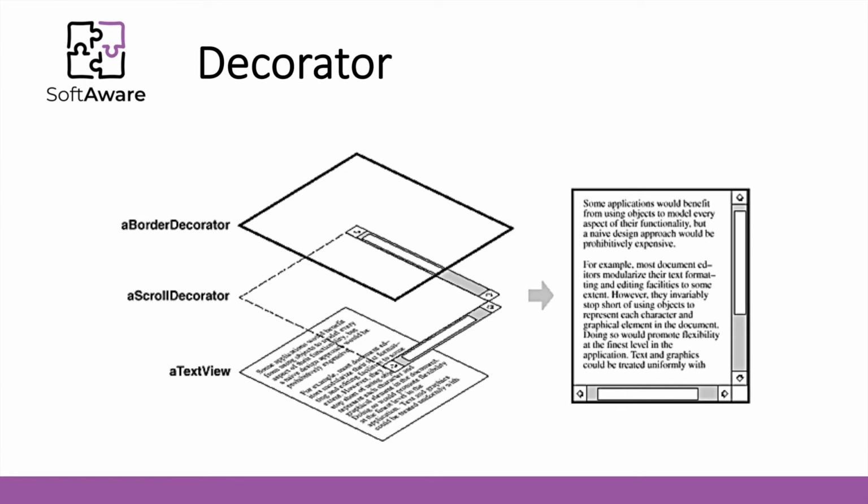The decorator forwards requests to the component and may perform additional actions, such as drawing a border, before or after forwarding. Transparency lets you nest all the decorators that you want in a recursive way, thereby allowing an unlimited number